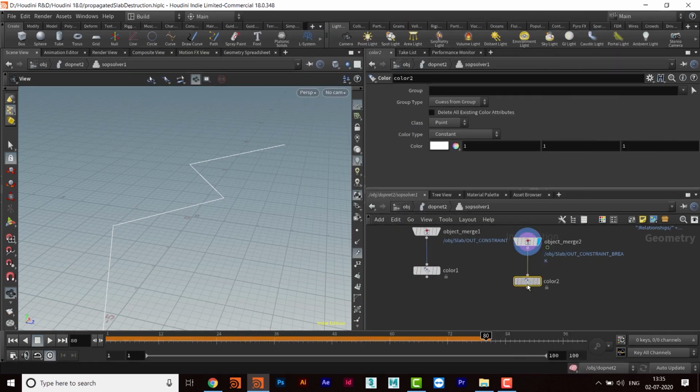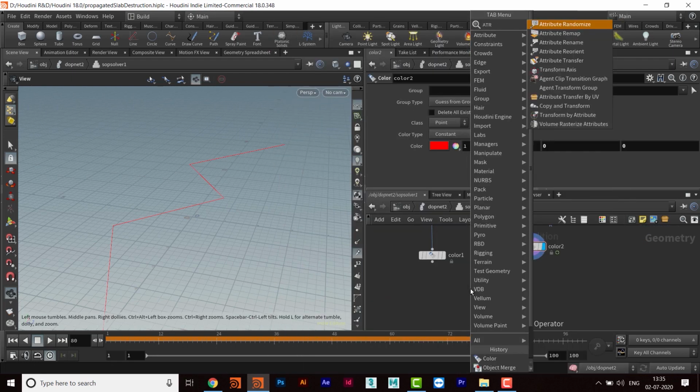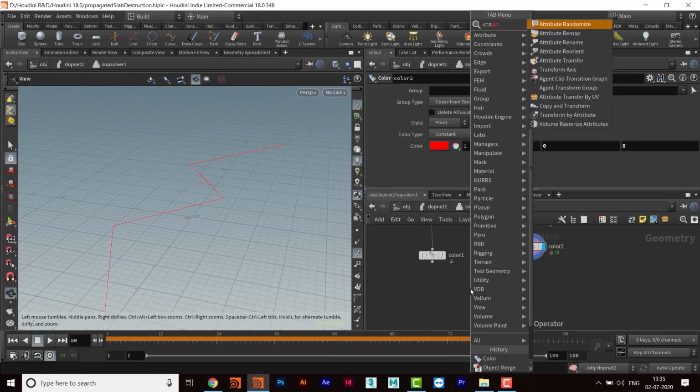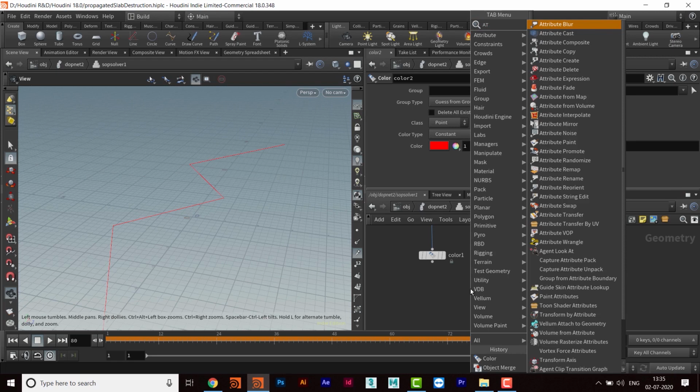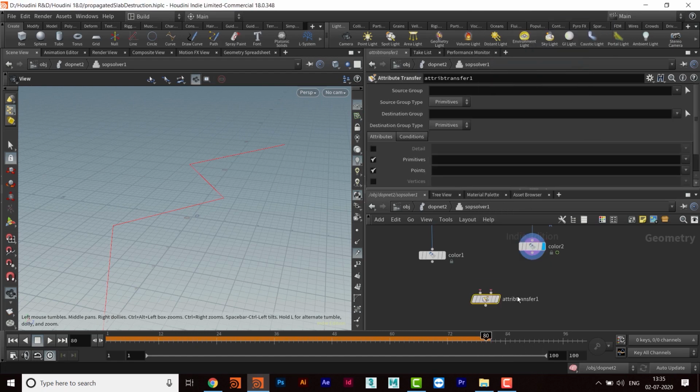So I'll give maybe red to this one. So I'll make it 1, 0 and 0, and this is the red one. And now I will take an attribute transfer.